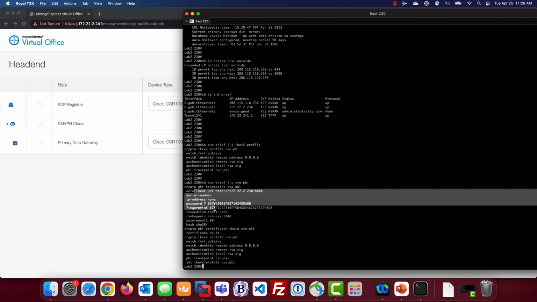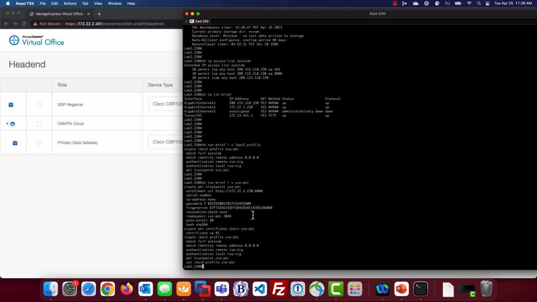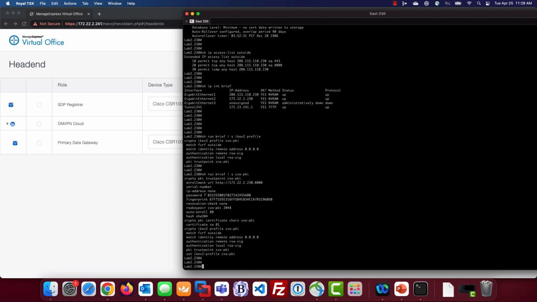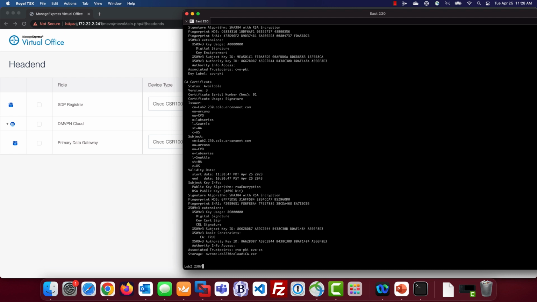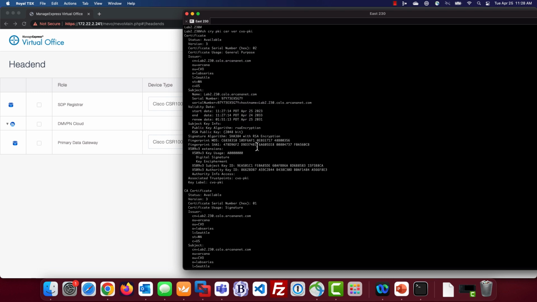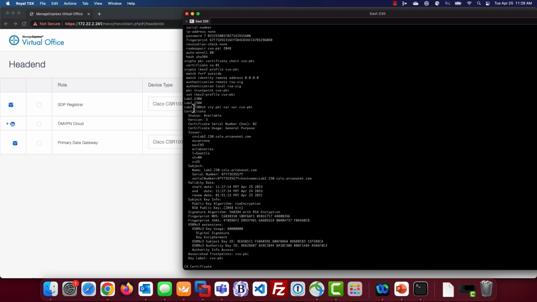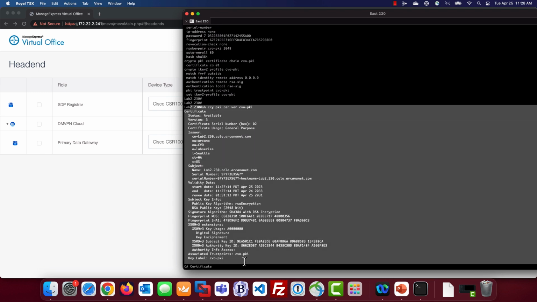So here's our trust point. Let's check to see if we actually have this cert. So show crypto PKI certificate verbose CVO PKI. And it looks like we do. Okay, so sometimes, or I should restate this, MEVO will do its best for your headend routers to automatically grab